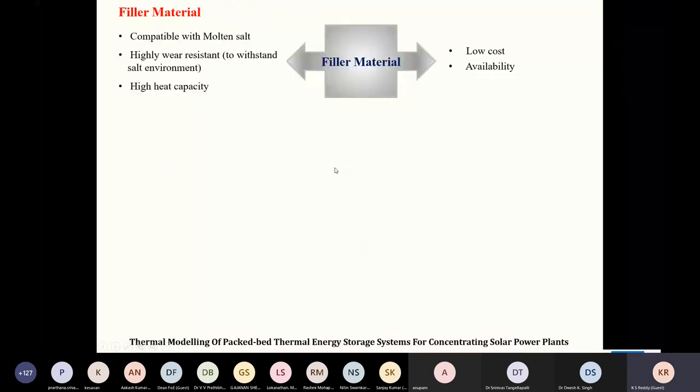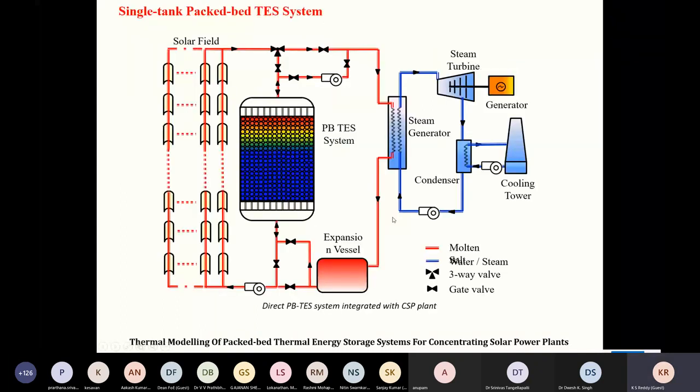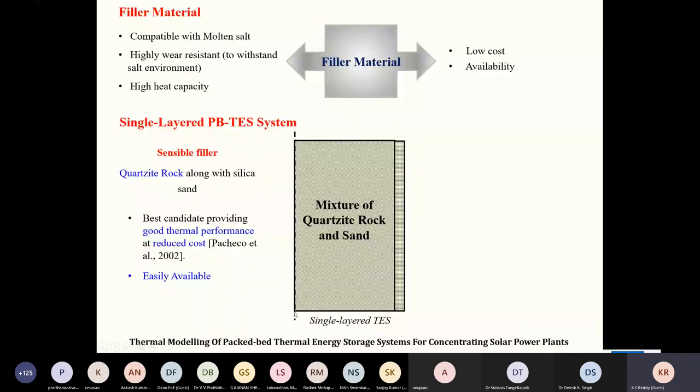We have done thermodynamic and heat transfer analysis for this. This is a mixture of quartz, rocks, and sand, and it's insulated. See, this tank is taken centrally from the left side. The sides are insulated, so when we analyze it, we need not analyze the tank completely. We can take half of the tank and analyze it, and the rest will be the same. So this is half of the tank. This is the axis of the tank, and the left side is this mixture of energy storage material, and then there is insulation.